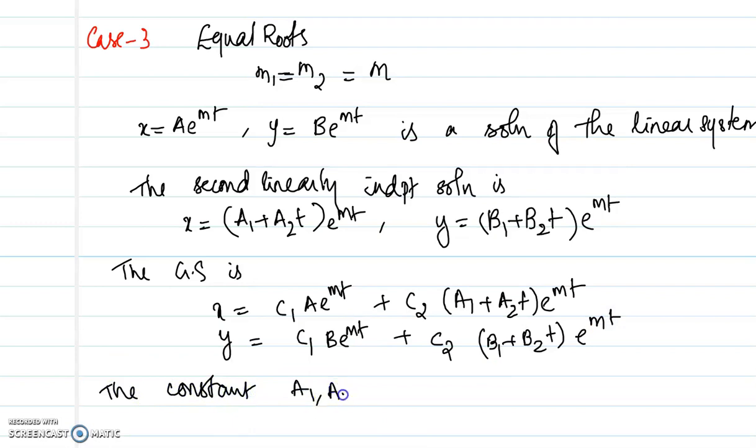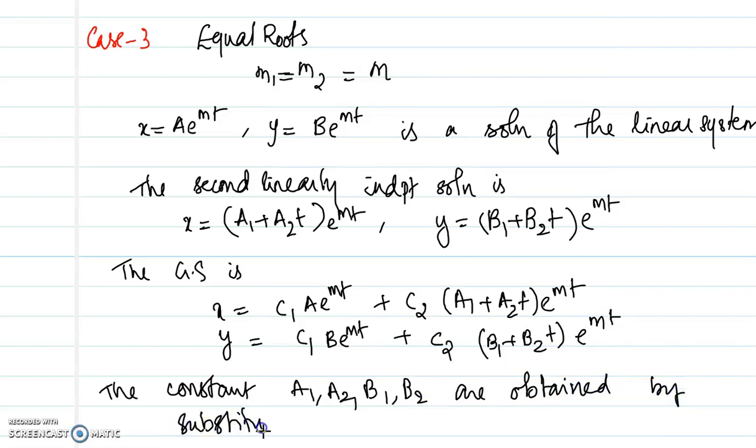Now the constants a1, a2, b1, b2 are obtained by substitution into the given equation, by substituting in the linear system. So that's how we solve for